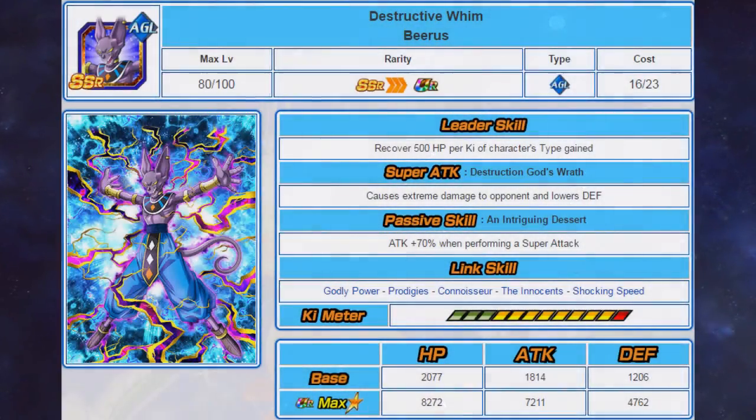So if we now move on to the Agility Beerus, his leader skill recovers 500 HP per ki of character's type obtained. He causes extreme damage and also lowers defense. He gets a 70% attack boost when performing a super attack. And if we have a look at his link skills, he has Godly Power, Prodigies, Connoisseur, the Innocent, and Shocking